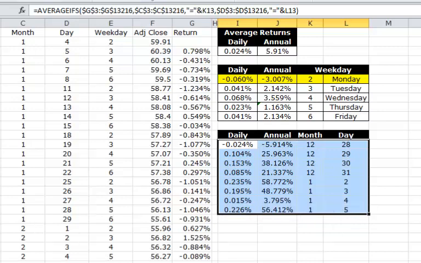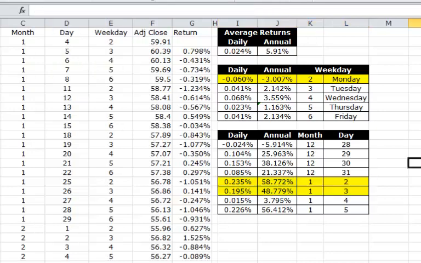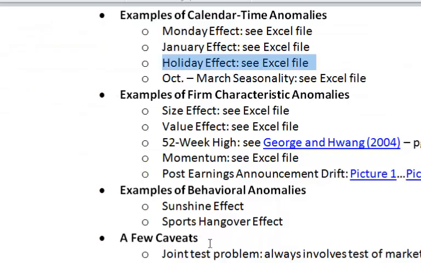Let's highlight it right there. Now, why don't we pause right here and just remind ourselves, there is no good explanation that you can offer in an efficient markets framework that will explain that. There's no justifiable reason why stocks, if markets are efficient, should have significantly higher returns on January 2nd and 3rd than they do on the other days of the year. You would have to make the argument that somehow the stocks are riskier on those 2 days, and I don't see any way that you can justify that. So we have to conclude January effect,